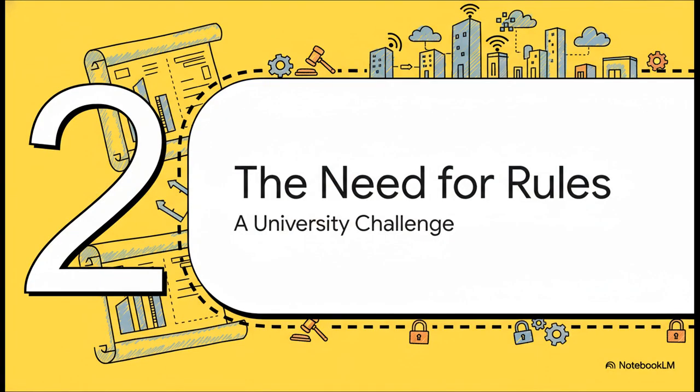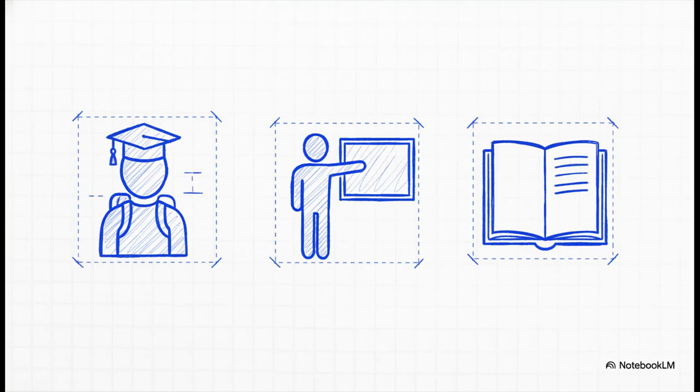All right, so we've got our blueprints and our buildings. That makes sense. But why all the rules? Well, let's put this idea to the test with a challenge. Let's try to build a digital university system. In our digital university, we're going to need blueprints, classes for all the important stuff. We'll need a blueprint for what a student is, another one for an instructor, and one for a course. Then, from those blueprints, we can start creating our actual individual student objects, instructor objects, and so on.